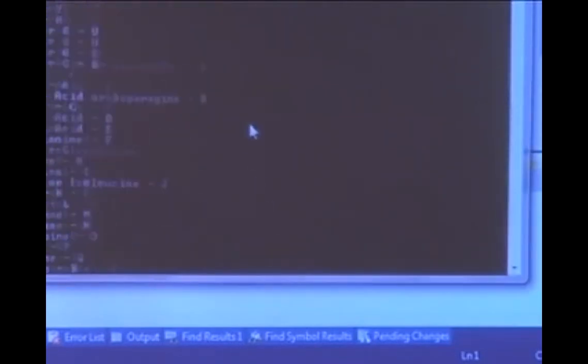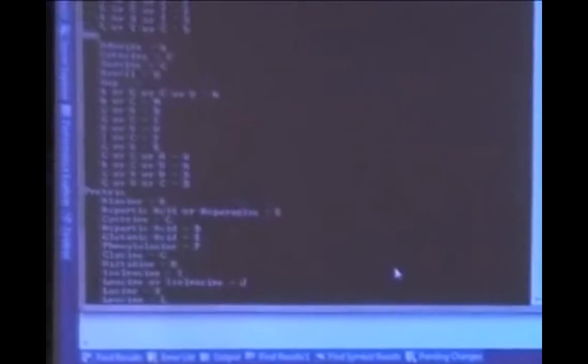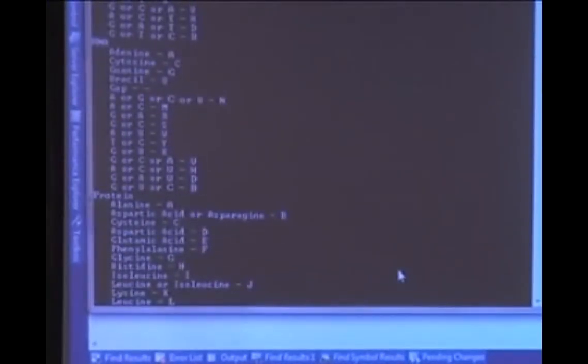Okay, so here are my built-in alphabets. You can see DNA has our typical ACGT, and then RNA has ACGU, and then we have some specific indeterminate characters. All right, so we have one that represents N for RNA, where it could be A, G, or C, or U. And then we have some protein ones as well, and you can see the names and the symbols are there. The nice thing about this is that all this data is available right there. You don't have to somehow interpret that or code that into your application. It's built into the alphabet.